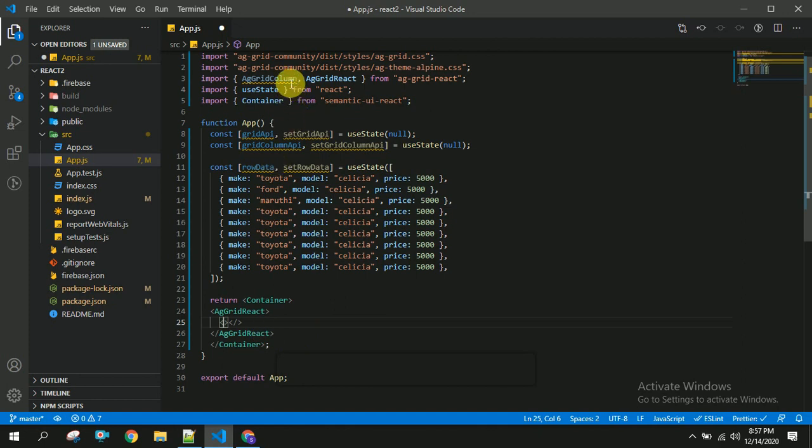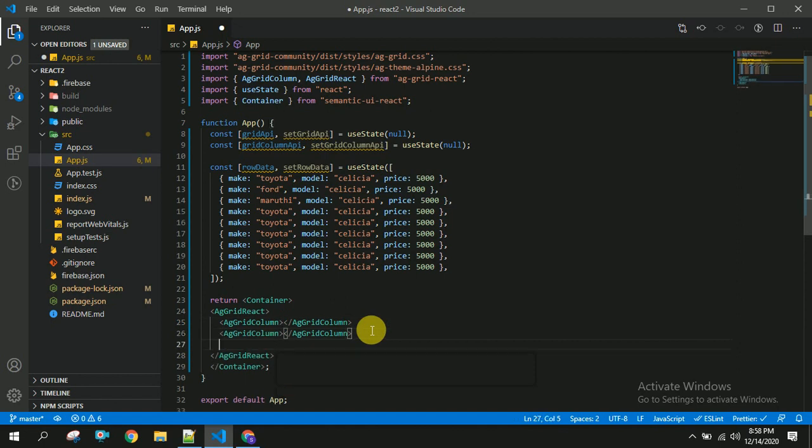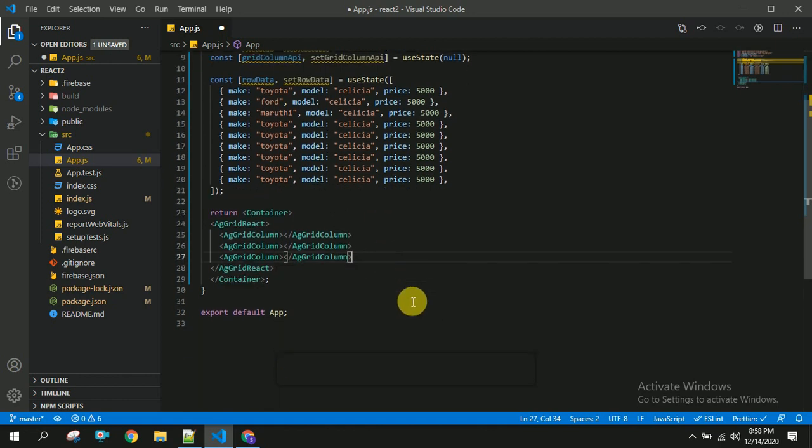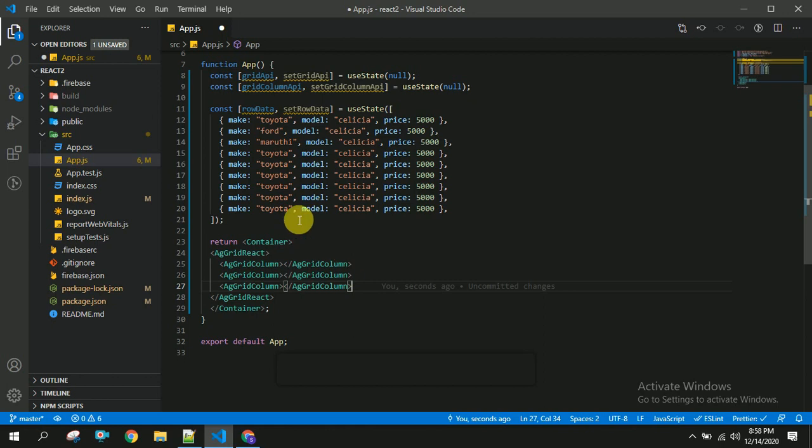For this I am going to copy this and paste here. So I am going to copy this again. As we have 3 header things, I am going to copy this 3 times and paste this. Now the next thing I am going to do is field.